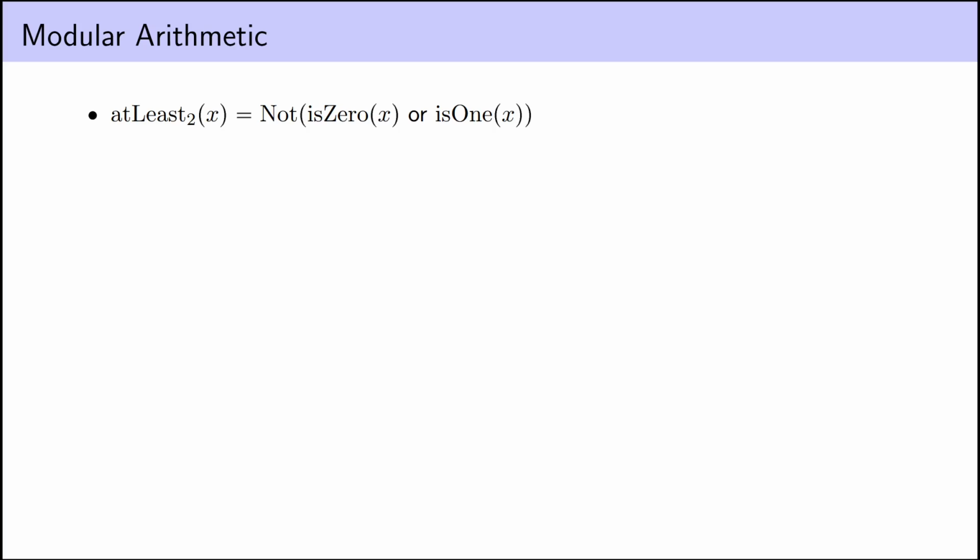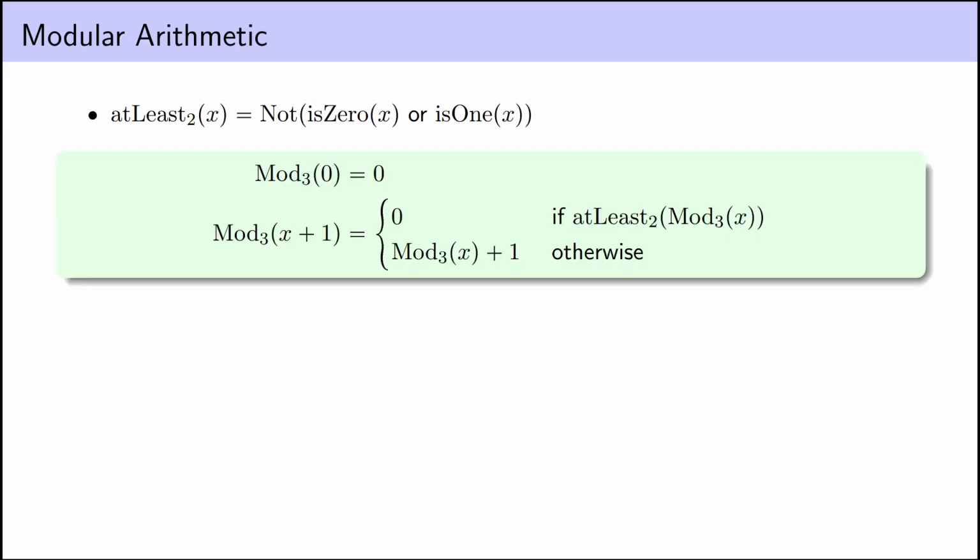This is really clever. It gets us partial access to the number 2, even though we don't yet have a function that exactly tells us if the input is 2, an is2 function. We can use our isAtLeast2 function to define a function that gives us the remainder modulo 3. Of course, mod 3 of 0 is 0, and then mod 3 of x plus 1, well, that's usually going to be mod 3 of x plus 1, unless mod 3 of x is 2,